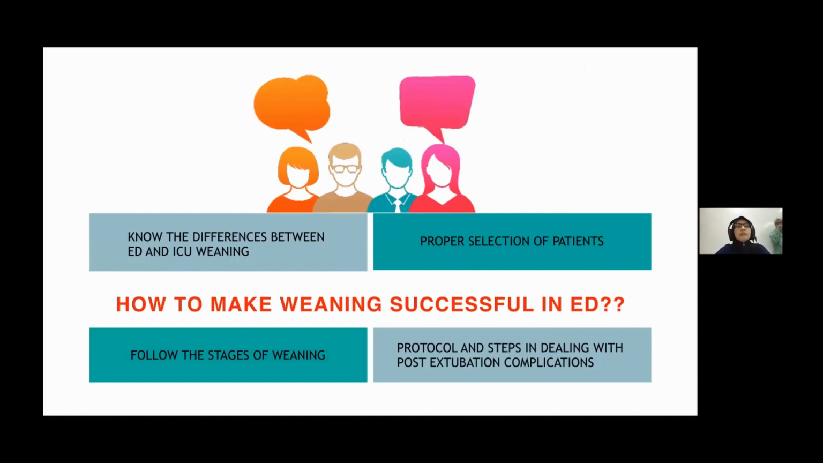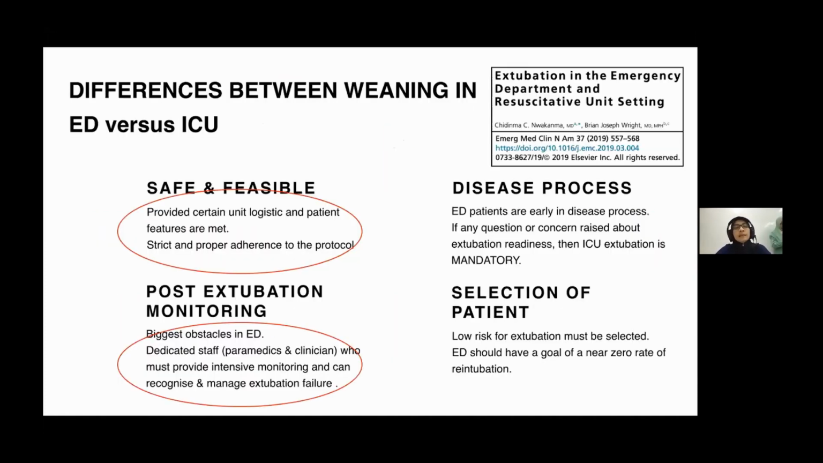Right. So this is the difference between weaning in ED versus ICU. Weaning needs to be a safe and feasible procedure. We need to provide certain unit logistics, and the patient must meet certain features to be eligible for weaning. You need to have strict and proper adherence to the protocol, and the biggest obstacle in ED is the dedicated staff, especially paramedics, who must provide intensive monitoring and can recognize and manage